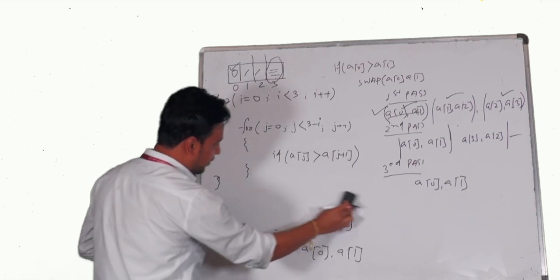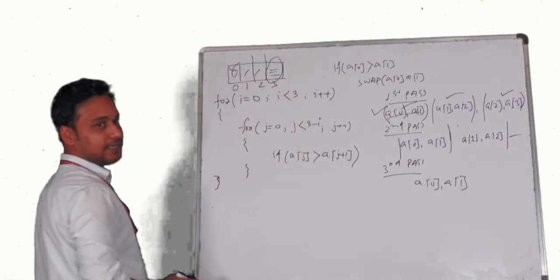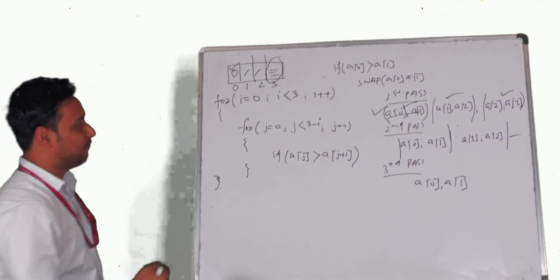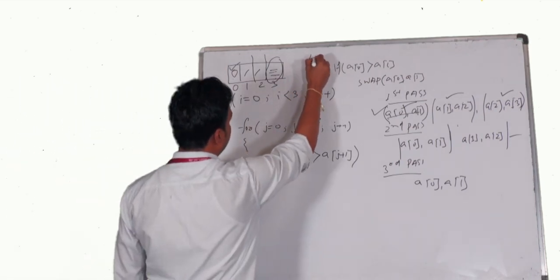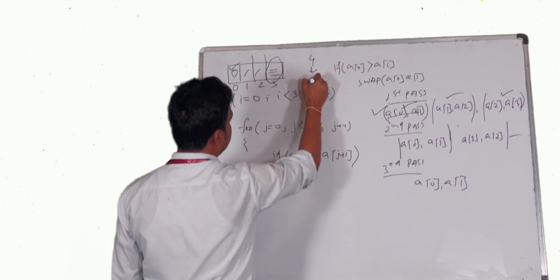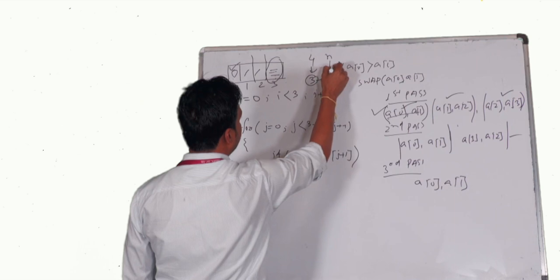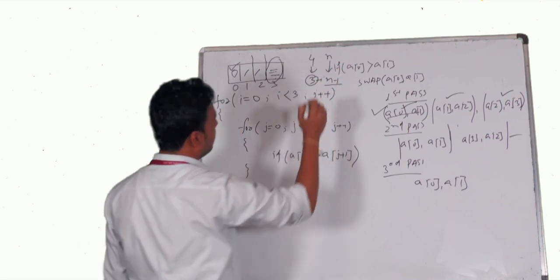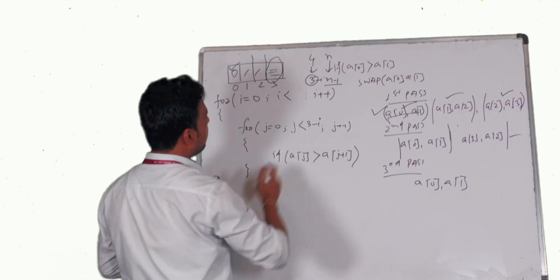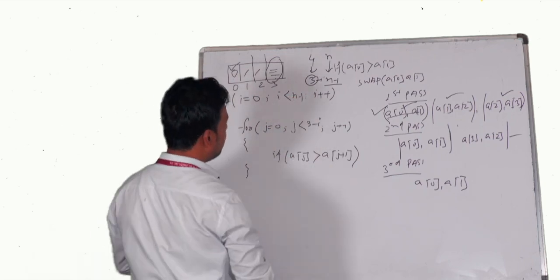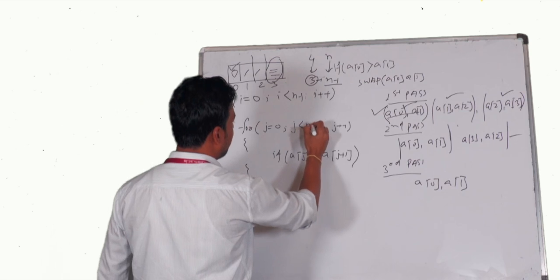Now we have taken the number as 3 here, right? But generally whenever we write an algorithm, we need to write it in terms of a variable input. Here the number of elements is 4, so that's why we are taking 3, meaning 1 less, right? So if the number of elements is n, then we have to take it as n minus 1. So what can I do here? Instead of writing 3, I can write n minus 1. Instead of writing 3 minus i, we can write n minus 1 minus